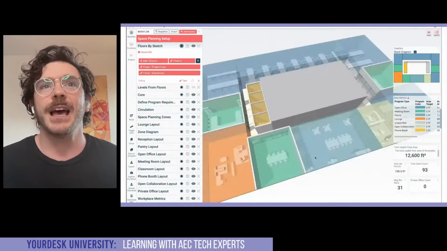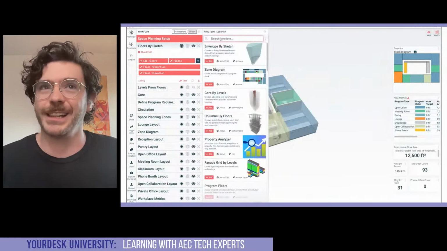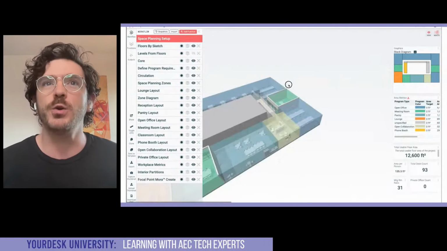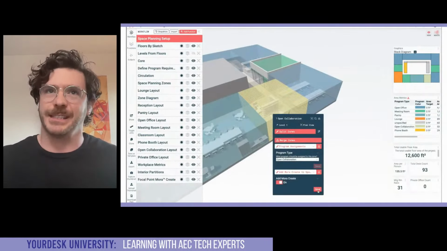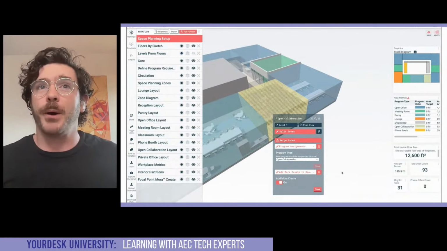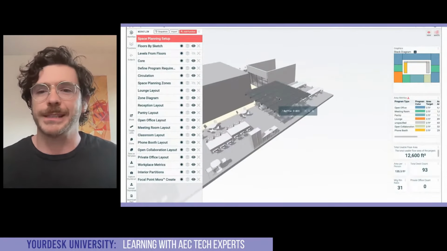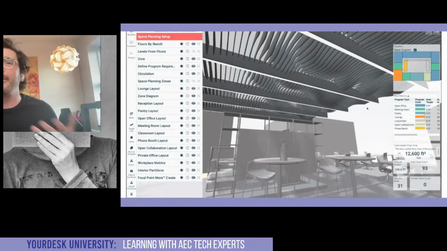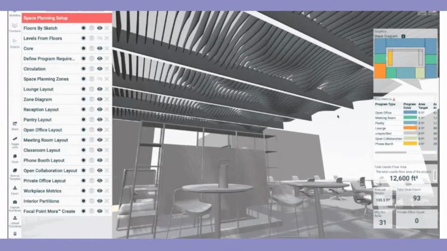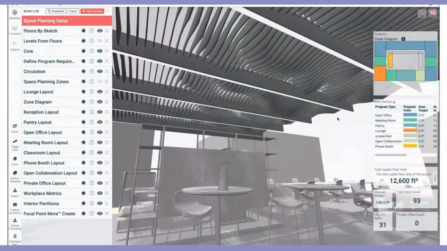And the cool thing is, I can add that Mora ceiling system we just saw in the previous slide to this same model. So it can operate as a standalone configurator, or it can be a part of a more involved model. So it's like being able to pull in not just family content from a building product provider, but actually the logic of an entire building system. So we're doing things like automating sprinklers and pipe routing and various HVAC systems, and you can just drag and drop these systems into your model, and they integrate with everything that's already there.